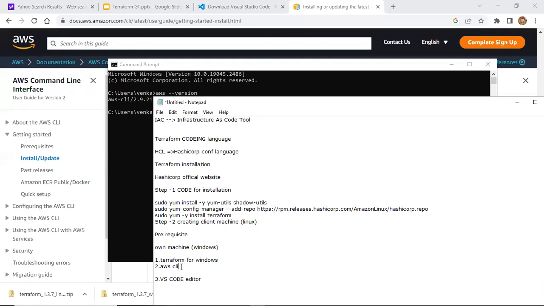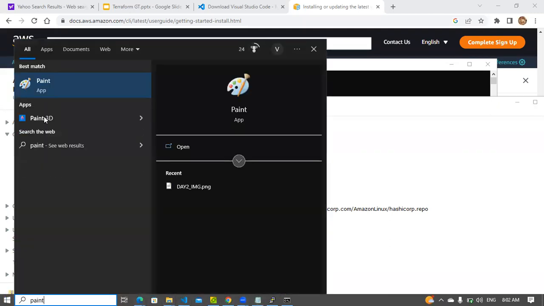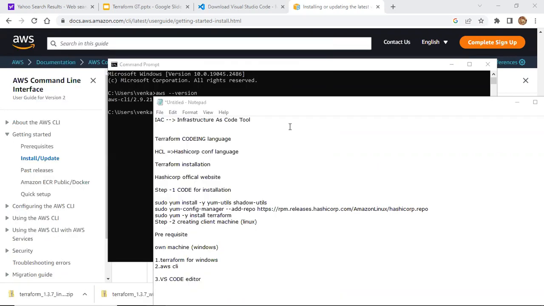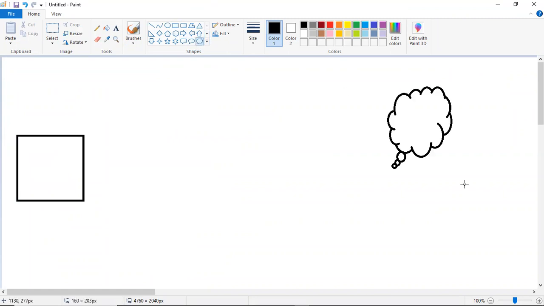So we can create cloud resources in two ways, right? One is the GUI and the other one is the CLI, correct? So this is my machine, my laptop, and this is the AWS cloud.